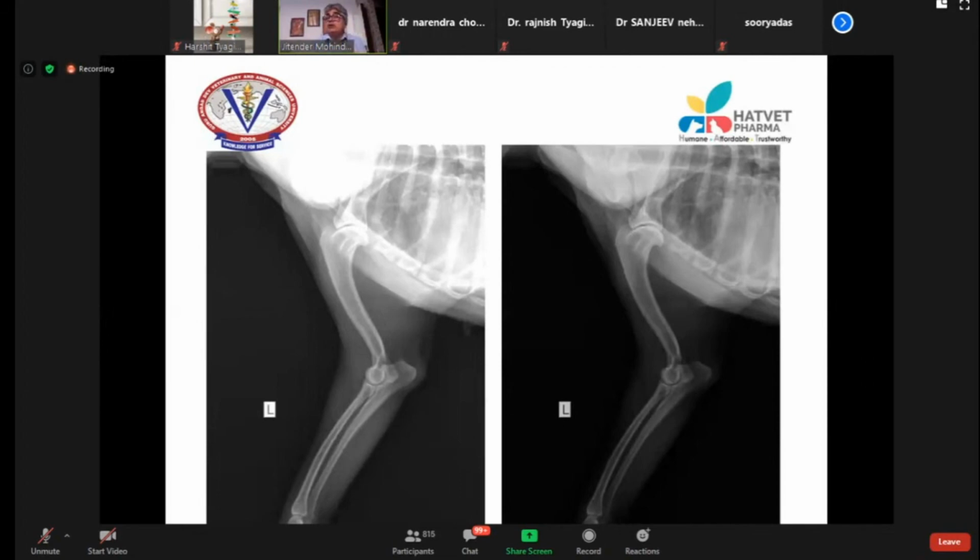But if you process the radiograph so much that your soft tissue is missing, you are missing the diagnosis part. You're missing how much swelling is there. I prefer to report swelling. So always your radiograph should be such that you should be able to see the soft tissue. Then only you will report the swelling. Otherwise, if you're not able to see the soft tissue, you will not be able to report the swelling. So always soft tissues should be seen so that you can report the soft tissue swelling.